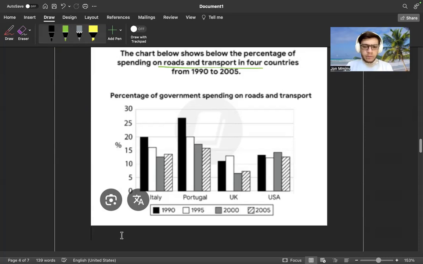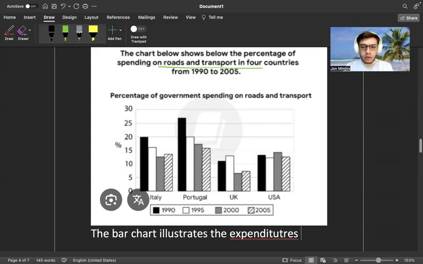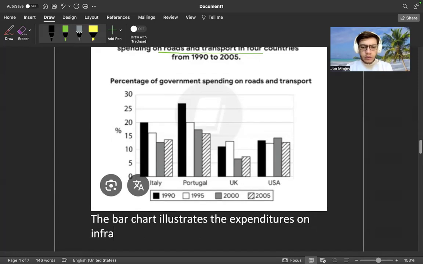Okay, let's go. The bar chart illustrates the spendings. No, it said spending, right? Percentage of spending. The expenditures, right? Expenditures on what was it? Roads and transport. On infrastructure, let me try infrastructure, right? By